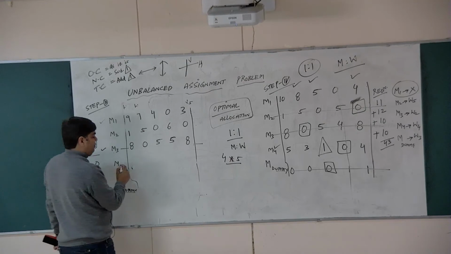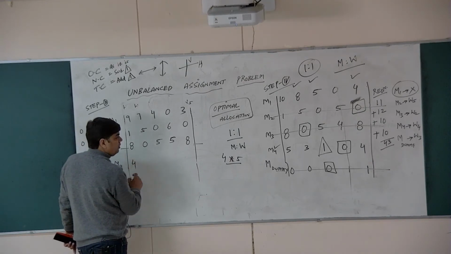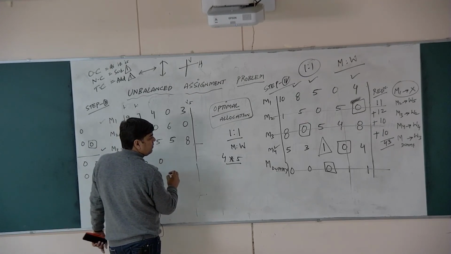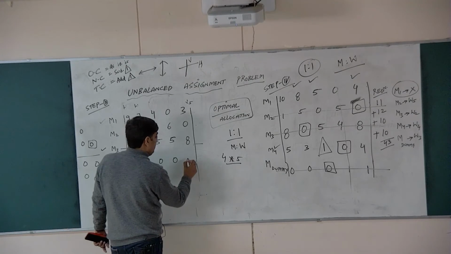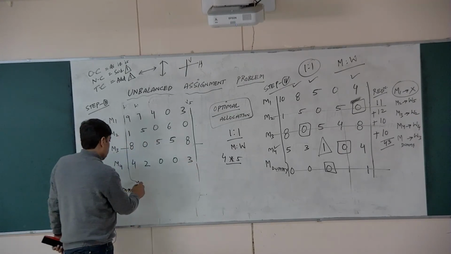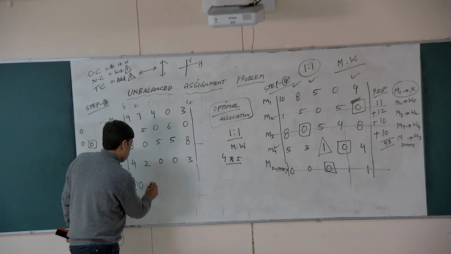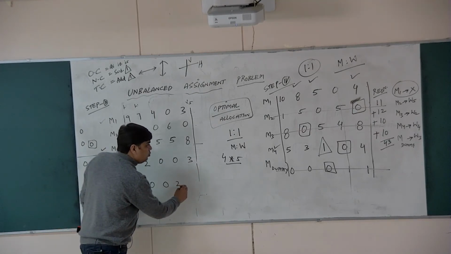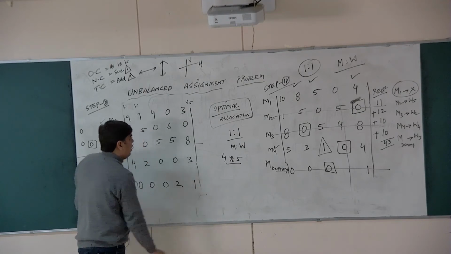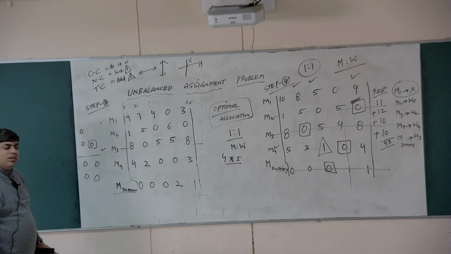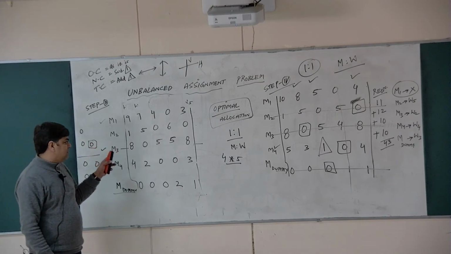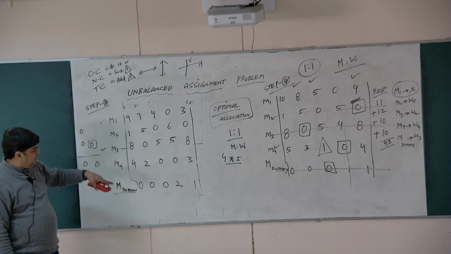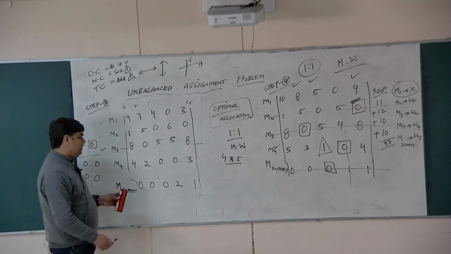Now next, 5 minus 1 is 4, 3 minus 1 is 2, 1 minus 1 is 0, 0 as it is, 4 minus 1 is 3. Next is 0, 0, 0, 1 plus 1 is 2 and again 1. Again search for the same logic. 0 in every row? Yes. 0 in every column? Yes. Now, can I proceed this way?